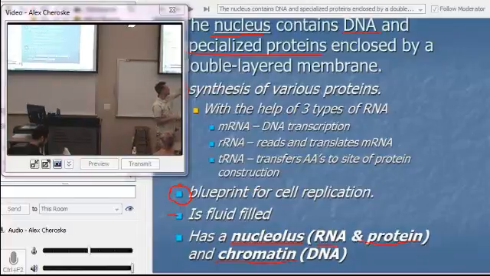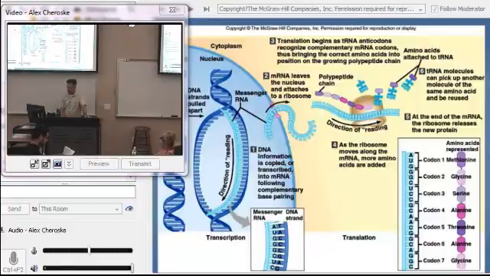If we're not in a dividing mode, then the DNA is kind of unwound so that we can read it, right, so that we can make the different proteins and stuff like that. So the chromatin is kind of found in the outside of the DNA. Outside of the nucleolus, but still in the nucleus there. So this is kind of a graphic showing the process like we were talking about in terms of the creation